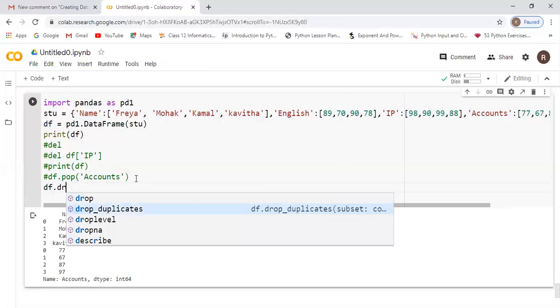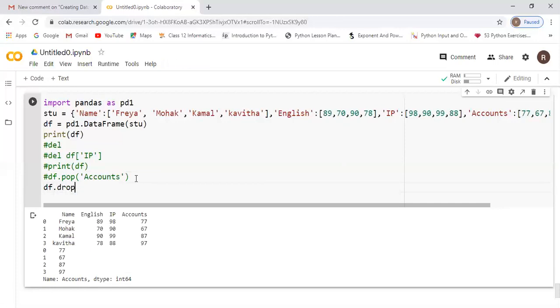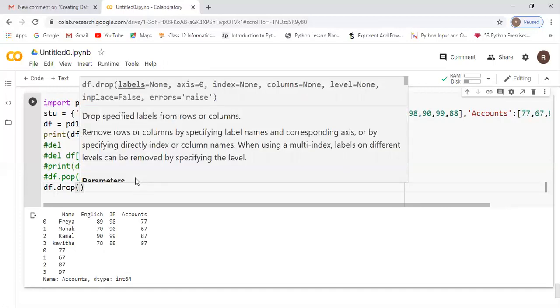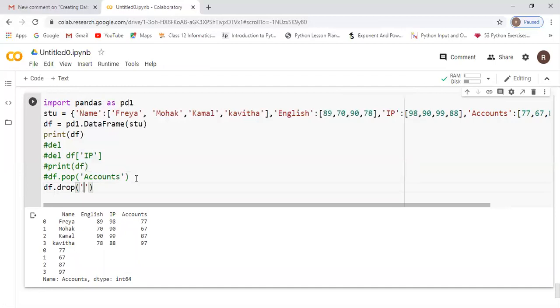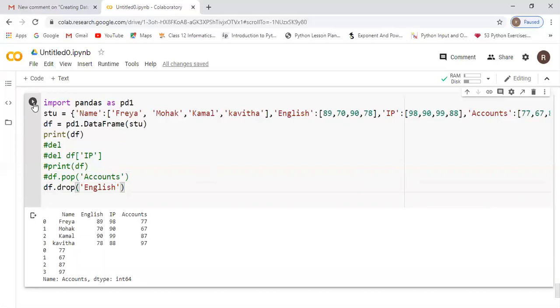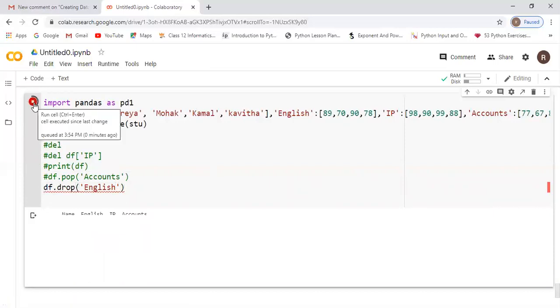Then within the brackets, you have to type within the code. Now I am going to give English. Let's see after executing this. I am executing.